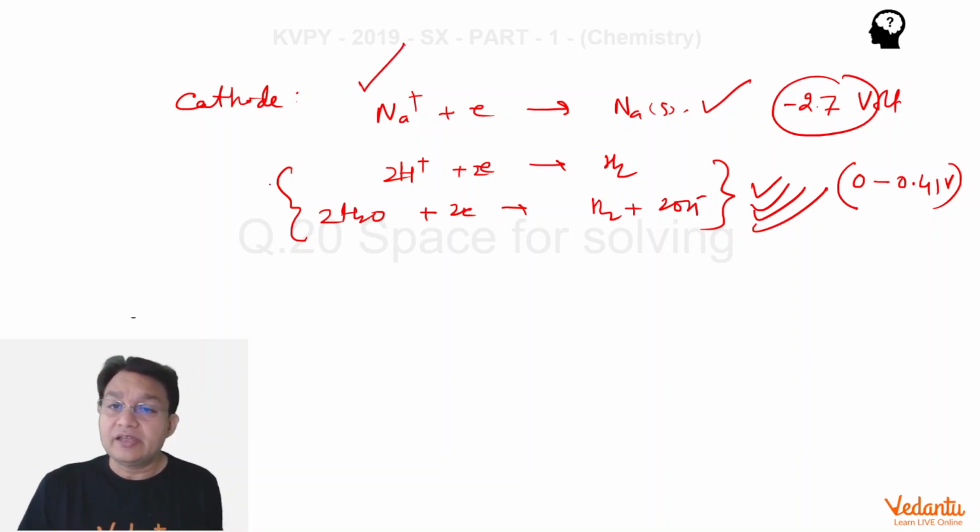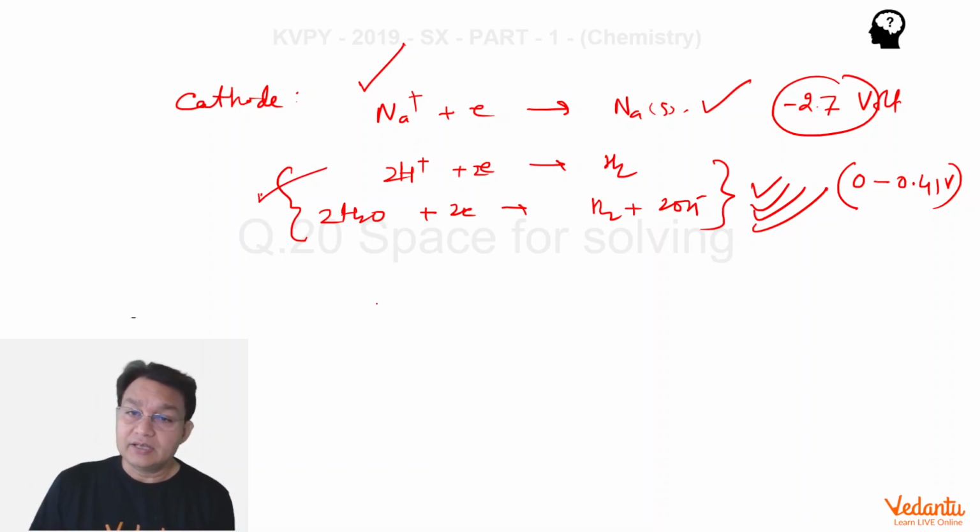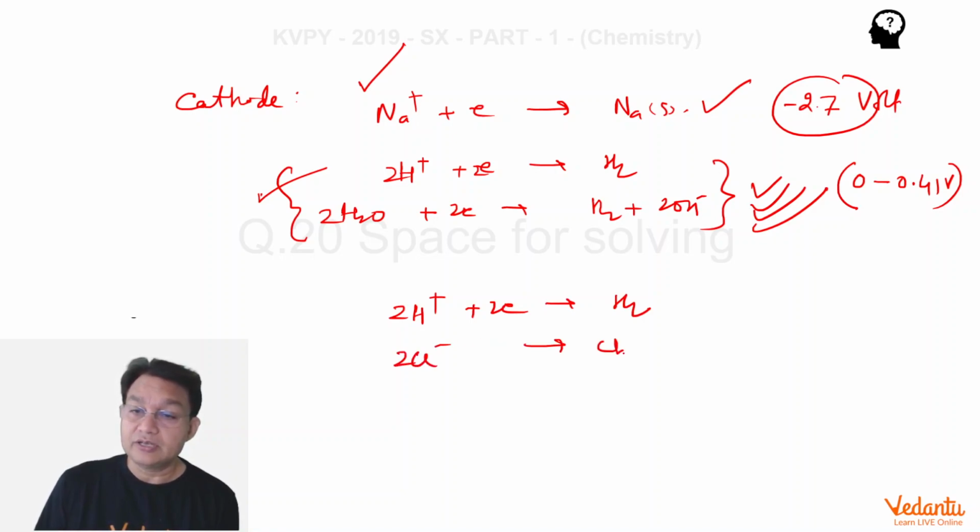So we can say the theoretical prediction is correct here. The result is that H2 will be liberated from cathode. And if H+ is discharged, what is going to happen in the solution? The net reaction can be written as 2H+ + 2e- changing into H2, and 2Cl- changing into Cl2 + 2e-. That's going to happen.